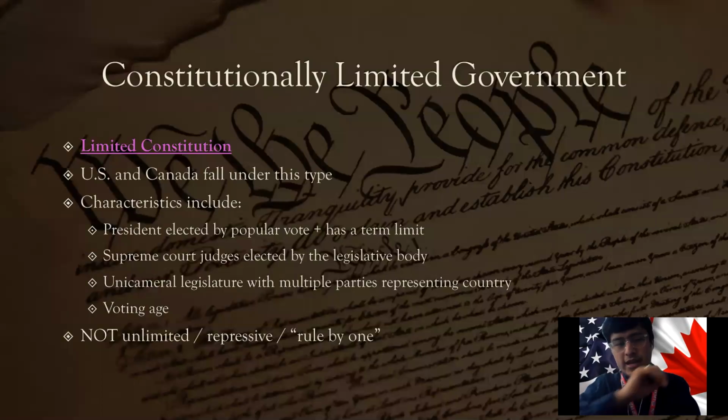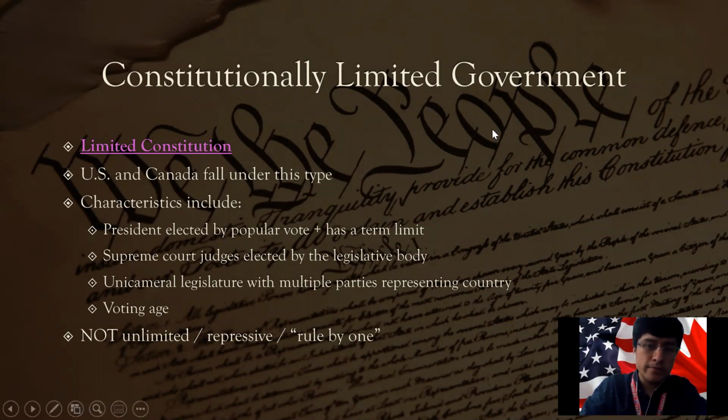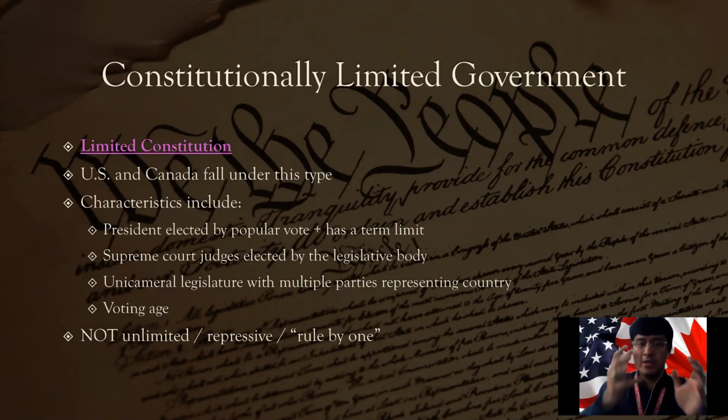Now, the first topic we're going to review is a constitutionally limited government, also known as a limited constitution government. Remember, the whole purpose of having a constitution, whether it be the United States Constitution or the Canadian Constitution, is to limit or prevent the government from being too oppressive, having too much authority or power over its people. All right. So again, remember the United States and Canada both fall under this type of government, constitutionally limited or limited constitution